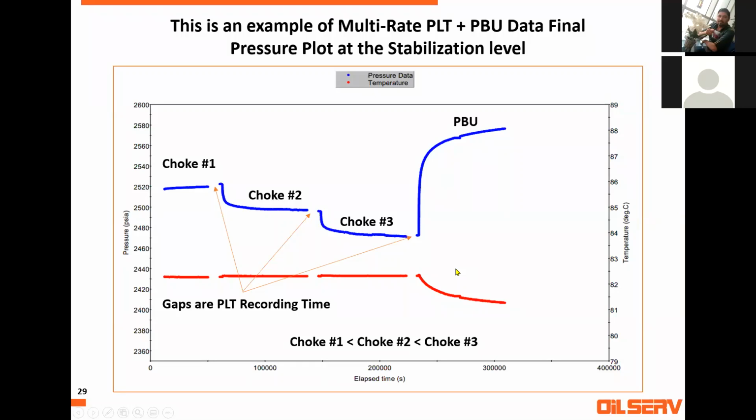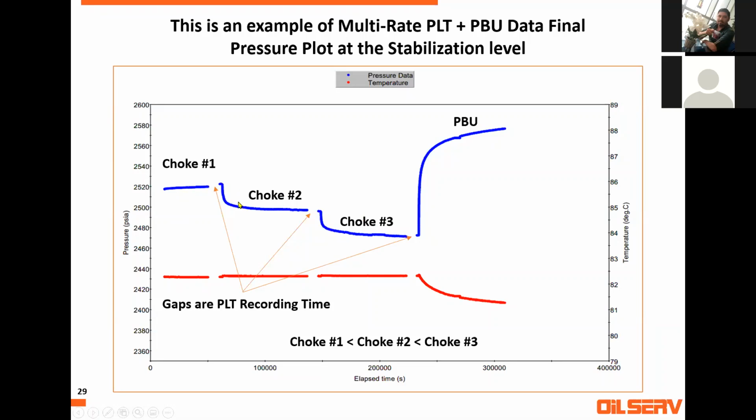Okay, so for choke 1, was the well closed or open? No, it's open, but at a small choke. Maybe 32 over 64, maybe this one is 56 over 64, maybe this one 64 over 64. So what you were doing is increasing the choke? I mean, reducing the choke, and then you just...